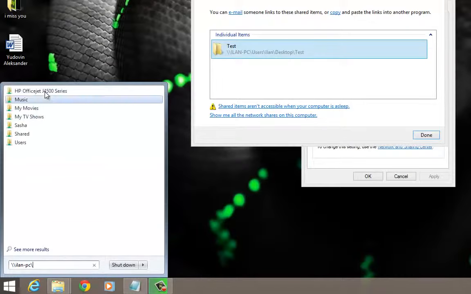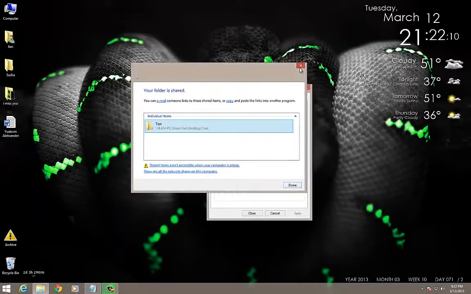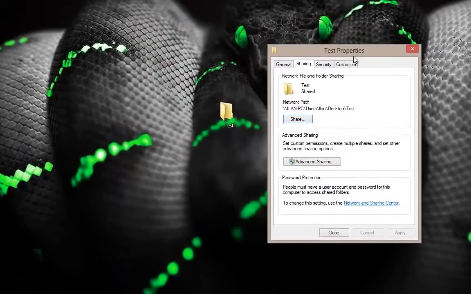Right now you'll see here I'm sharing a printer, a music folder, a movies folder, a TV show folder, my wife's folder, and another folder called shared, which is just a bunch of shared documents. And then I'm sharing my entire users folder, which is everything on my computer. So the way to do this, and just very simply what I wanted to say in regards to networking, is